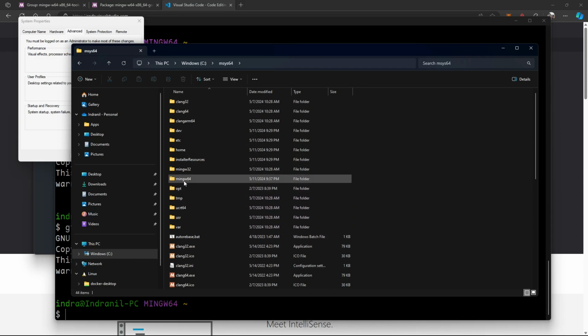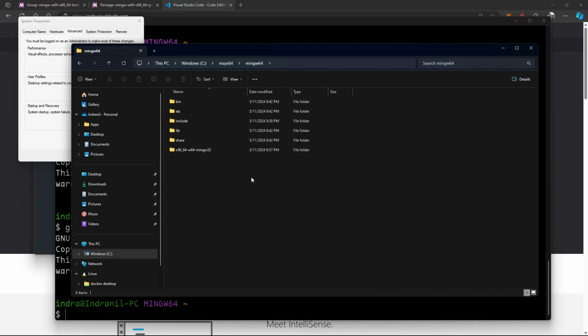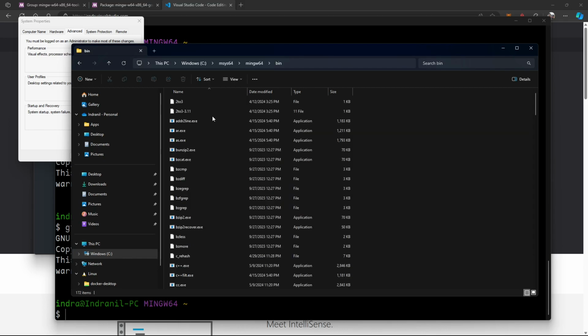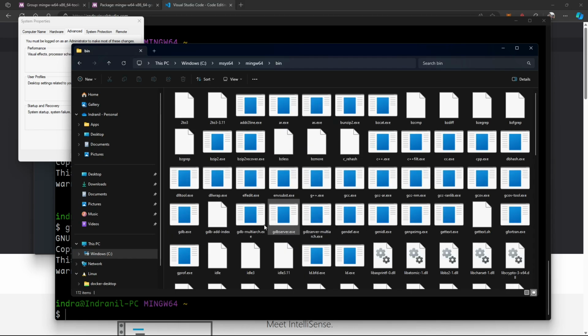Here we have the mingw64. Just click on that, and we have the bin folder here. Just click on that, and here are all of the files you need. Like these are some of the exe files. That is why we are able to run it in Windows, like the g++, gcc, and so on. They are all there. So when we are writing in the terminal gcc, then it is executing this file